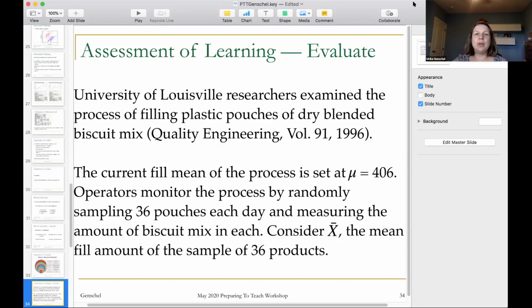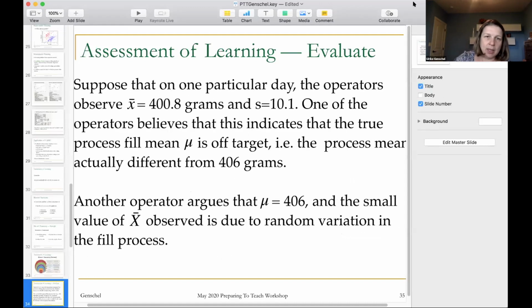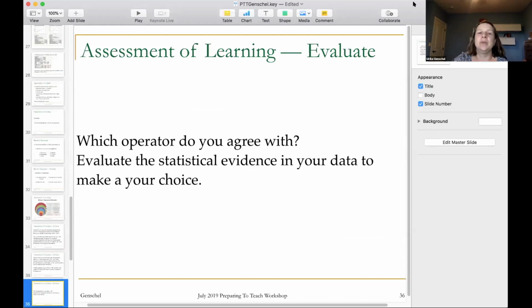So this is an example I have that to me falls into the category of evaluation. That's what I was just talking about. I give students the context, I give them all the information, and without going into the details, there are two operators, two possible decisions. And I ask them, well, which one do you agree with? What would you decide? Who's correct? Students really have to look at the data and see that this is about variability, sampling variability versus variability in your original data. And if the student really got to the understanding that I hope they would get,